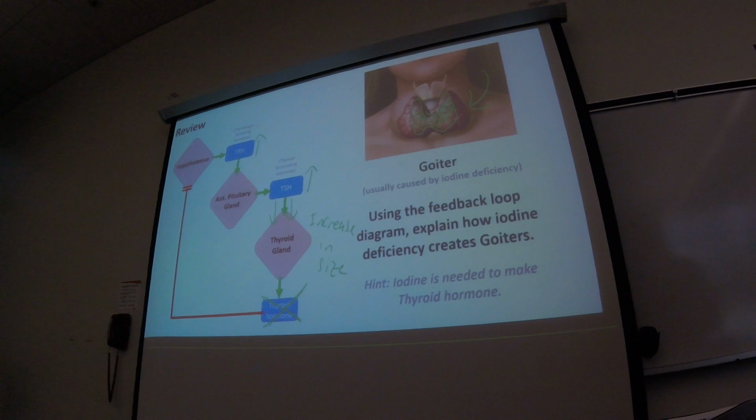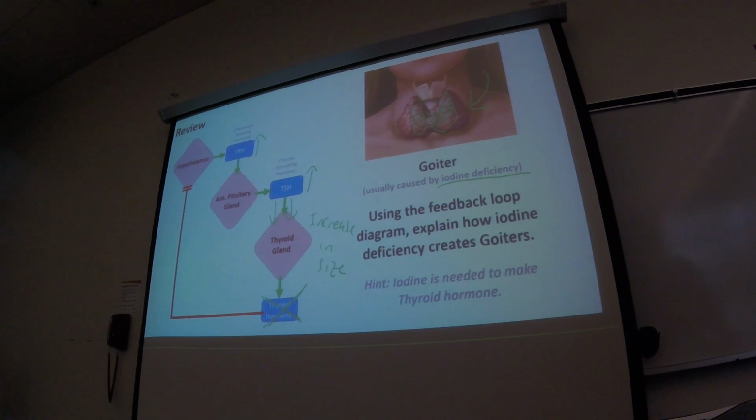And so the hypothalamus is like, we really need those thyroid hormones. It wants them to keep on coming, and the thyroid can't make it. And so what it does, it grows in size, but despite growing in size, it still can't make the thyroid hormone because of this iodine deficiency. Thyroid hormone needs iodine. This is actually the reason why